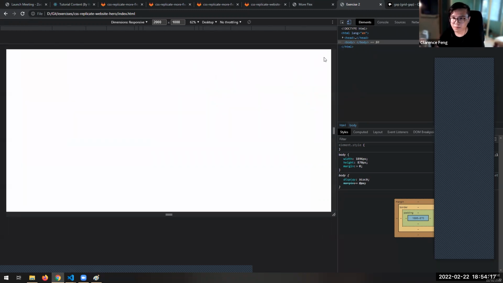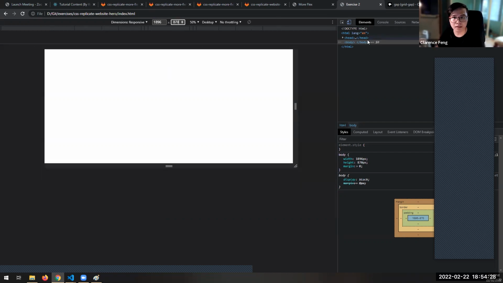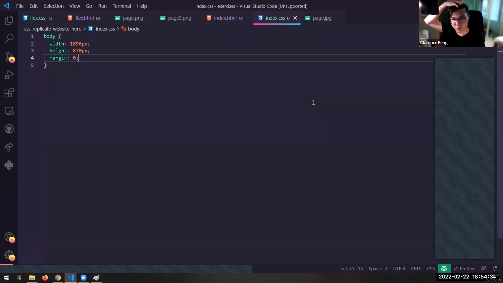So one thing that we can do to make it easier is just change your responsive dimensions to the dimensions given, which is that 1896 by 870. And then another thing you can do, once you get around to constructing the HTML page and doing the CSS, is you can do